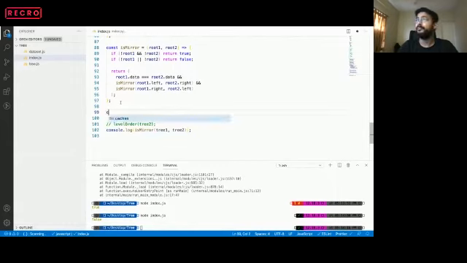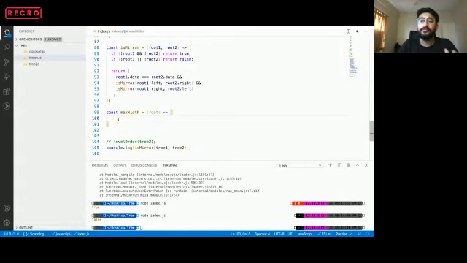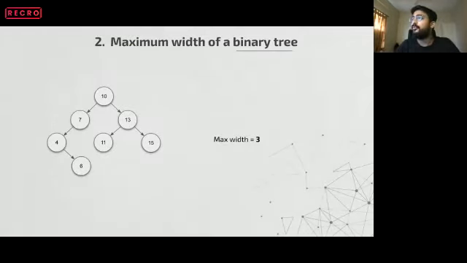So we have to find max width, okay, and we'll pass root again. Since it's a level order traversal, how did I decide if it's a level order traversal or not? Can I do it with pre-order? Can I do it in order? No. I mean, there might be a solution, but it's not very intuitive, because as I see, we have to find maximum width, and the definition of maximum width comes down to, on a given level, what is the maximum number of nodes that it has.